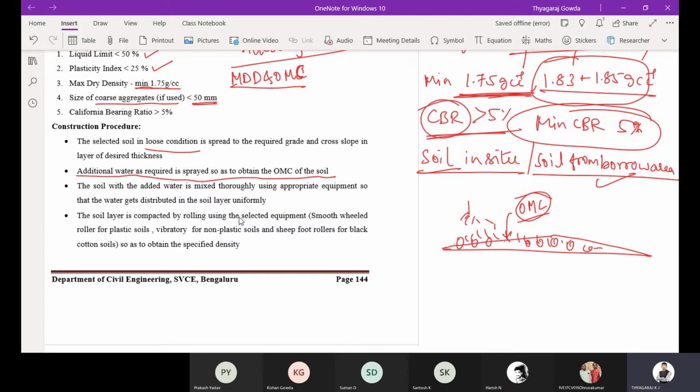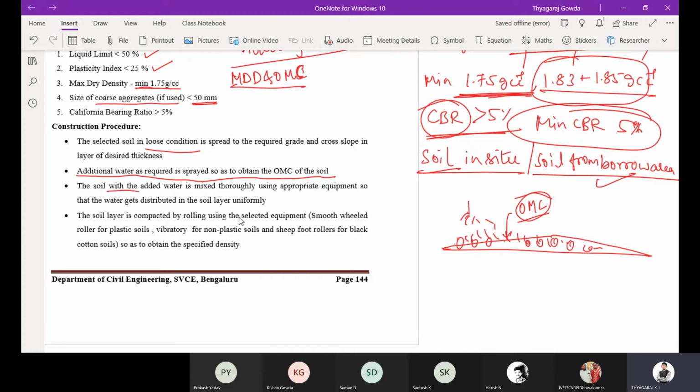First, you bring the soil from the borrow area in loose condition and spread it. If the optimum moisture content is not within limits, you sprinkle water on the soil subgrade, then mix the soil and water thoroughly.